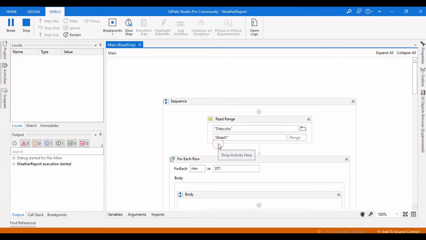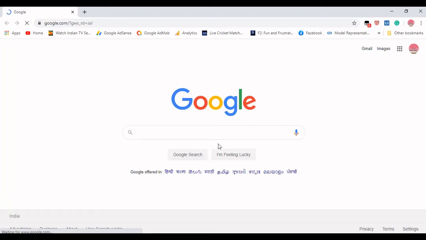Okay, quickly we will close this, and the first one is Hyderabad, and it is opening the Google browser. After that it will type that particular value here in search.